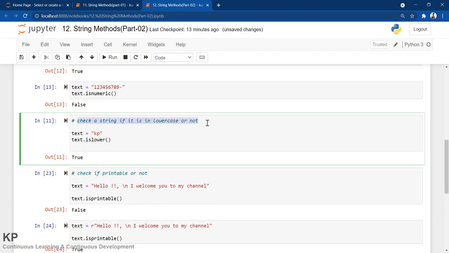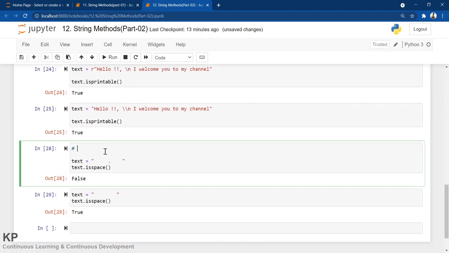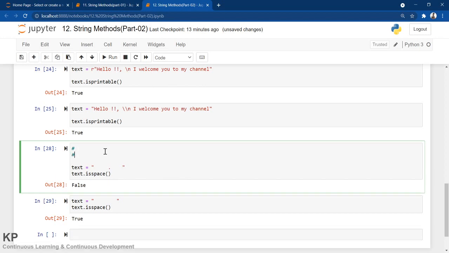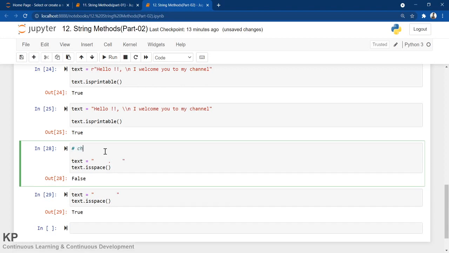Check if a string is completely white space or not. Not completely, I can write only. Okay, this is the exact meaning.